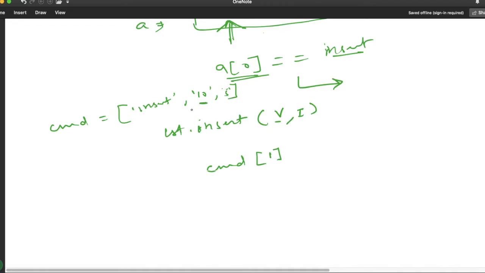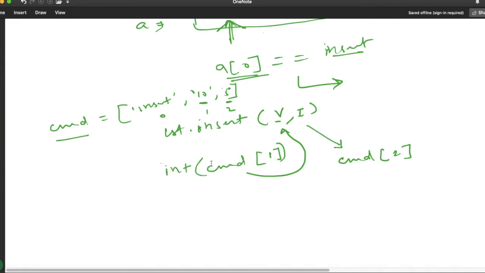So this was my value, which we accessed at command of 1. So this will be my value, and index part was calculated as command of 2. Here command of 2 is my 5, so this 5 will be my index part, and these values are string type, so we have converted this into an integer type.